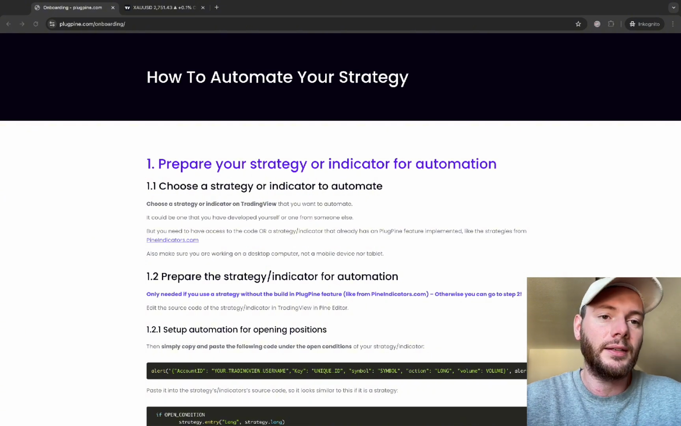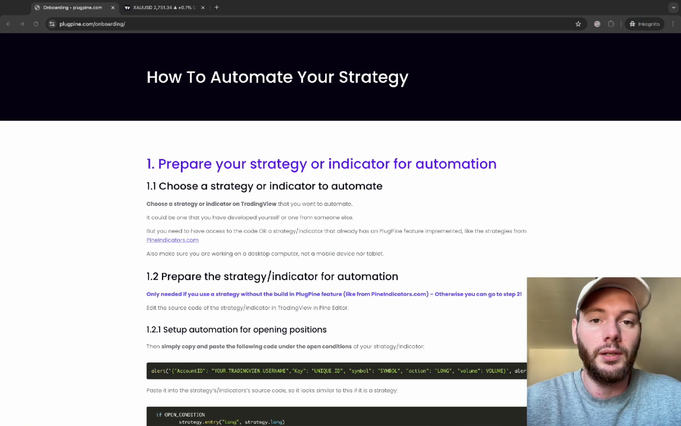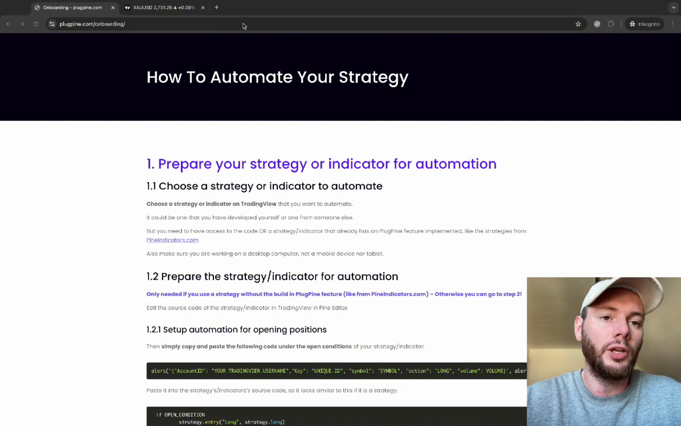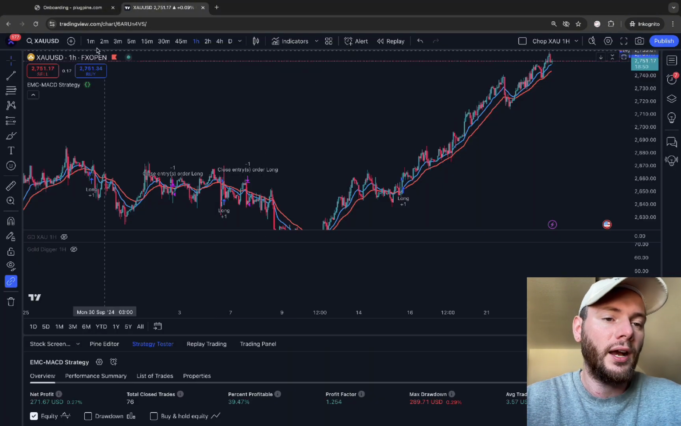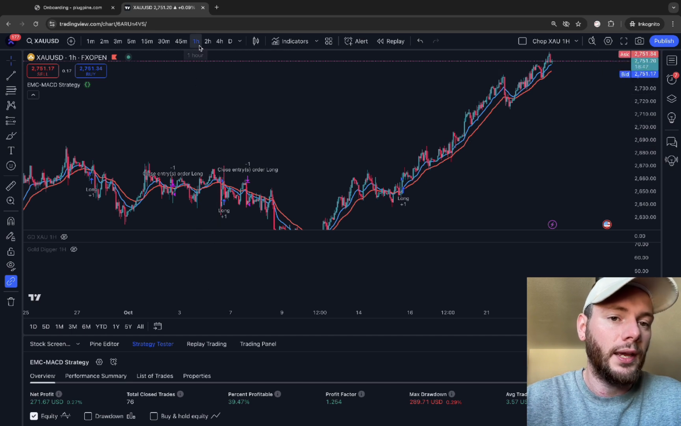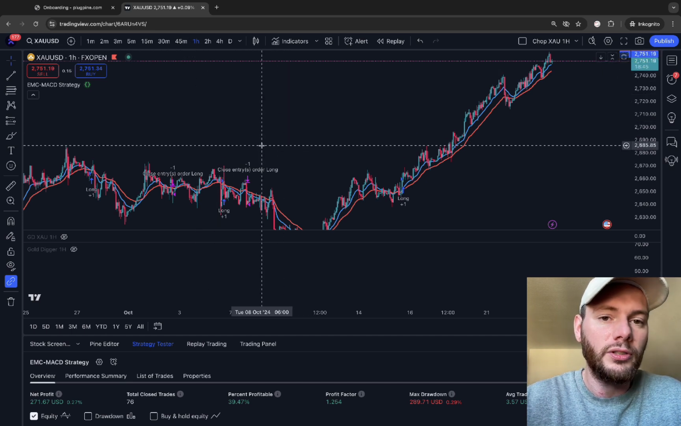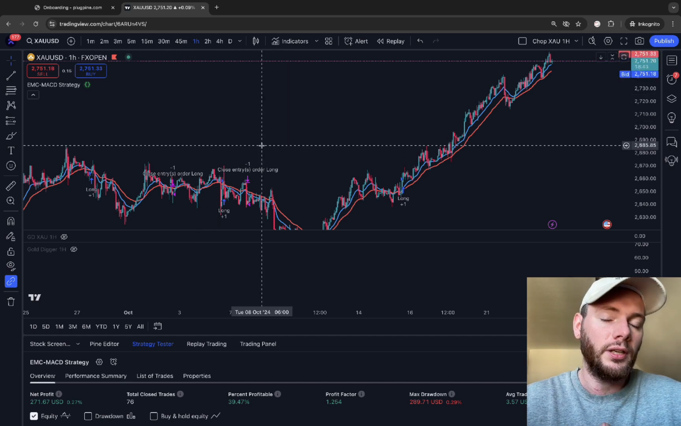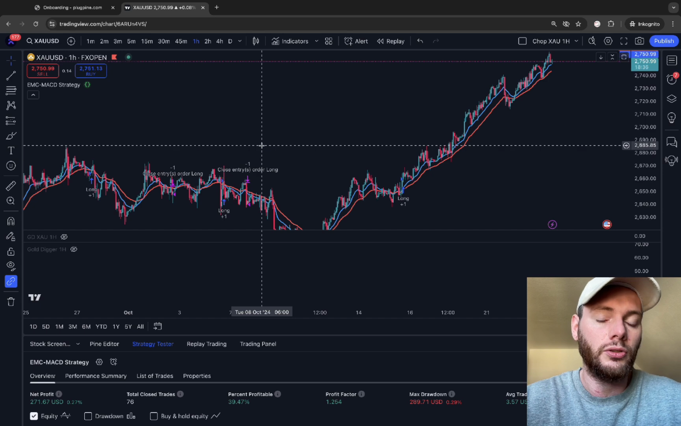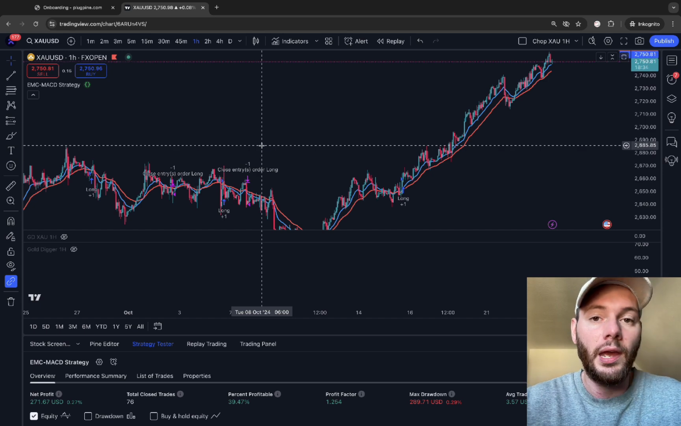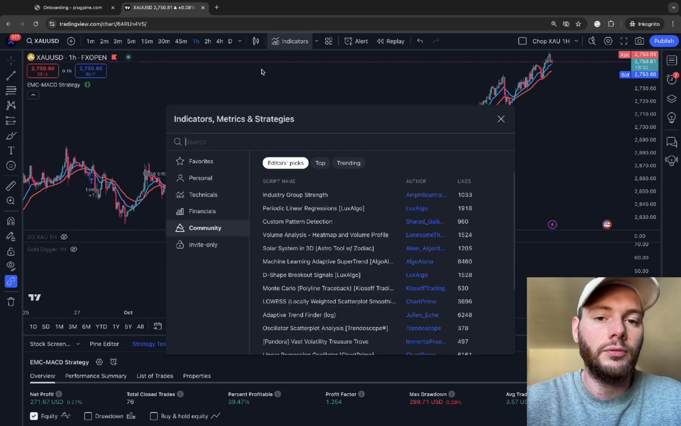Let's dive in. First of all, we need to have a strategy that we want to automate. For this purpose, we go to TradingView and open the chart, the instrument we want to trade, and the time frame we want to trade. You can automate any strategy or indicator that you have the source code or access to the source code. You could use a strategy that you have developed yourself, or you could automate a strategy from the community,